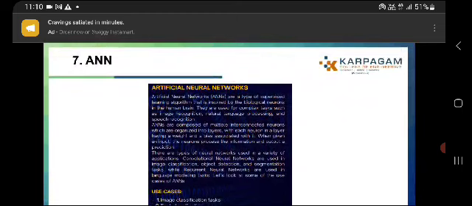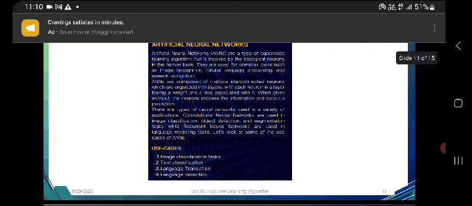And the next best algorithm is the artificial neural network algorithm. Artificial neural networks are a type of supervised learning algorithm that is inspired by the biological neurons of the human brain. These algorithms are used for solving complex tasks such as image recognition, natural language processing and speech recognition. Artificial neural networks are composed of multiple interconnected neurons which are organized into layers. So here we can use the artificial neural network in image classification tasks, text classification tasks,